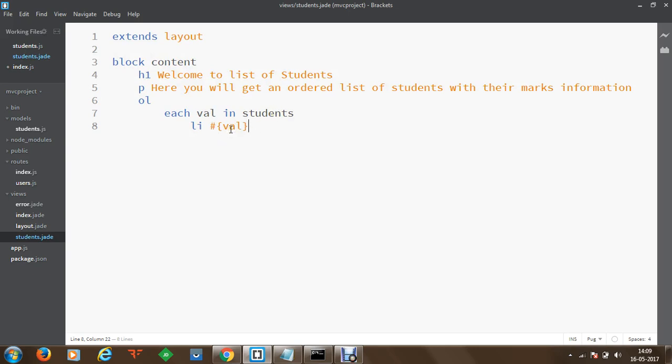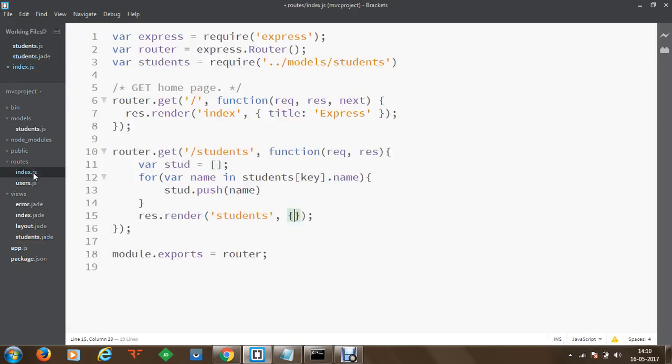Okay, clear? So what next we have to do is, once we get these values here, we are going to display them on the layout. To do this, we'll come to our index.js here, and from here we are going to specify the key as students, and within this students we are going to pass the stud, that is our array. So the array will be pushed back and the view will be rendered.